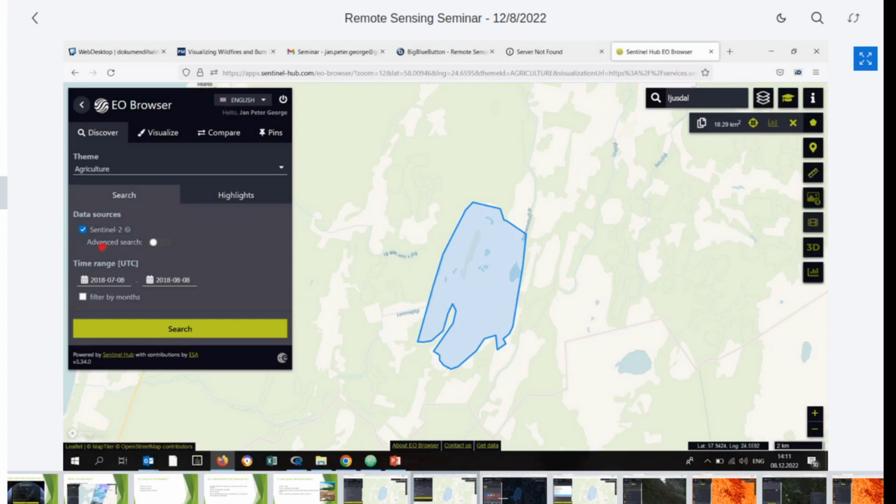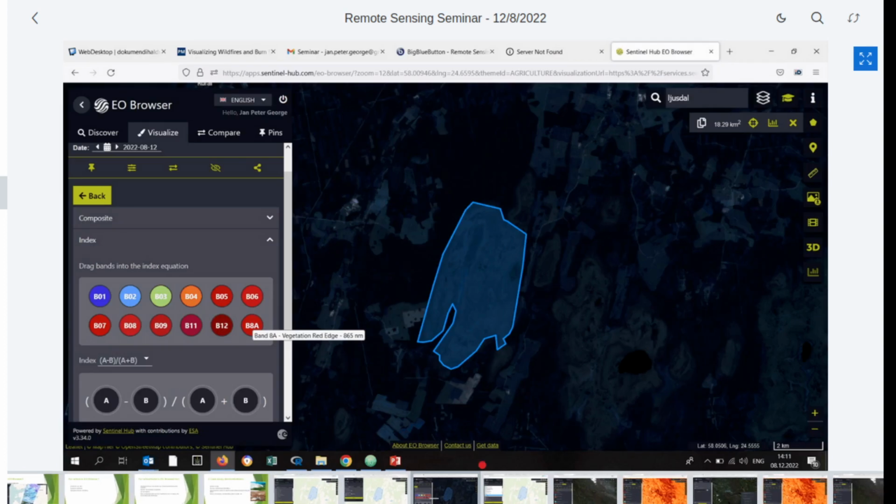Yeah, so this is exactly it, so you select the archive, and then here you can select the date range, and then in the next step you can either choose a predefined vegetation index such as NDVI or whatever, but you can also simply drag and drop the bands of your respective satellite platform here in this formula equation and create an own index if you are interested.